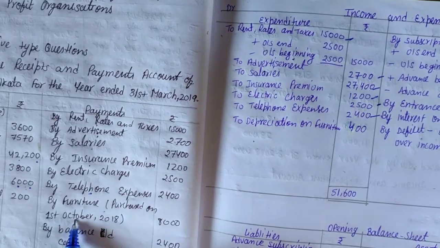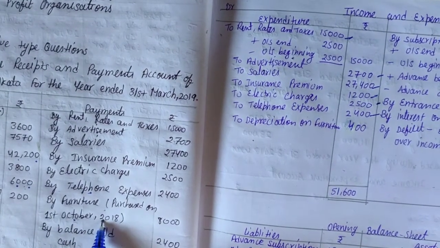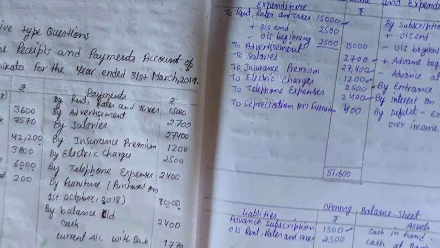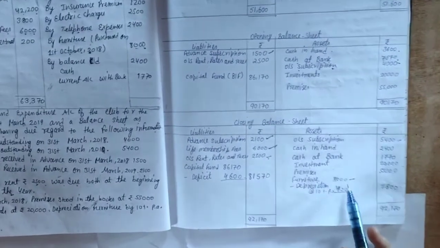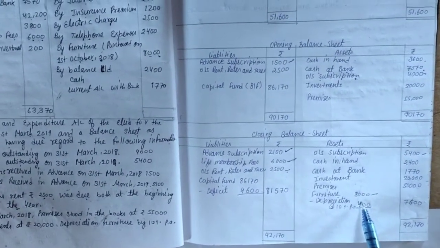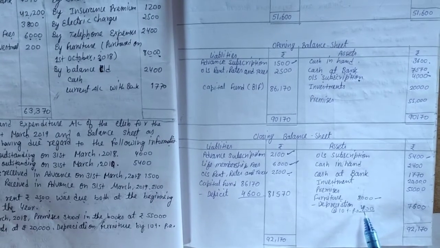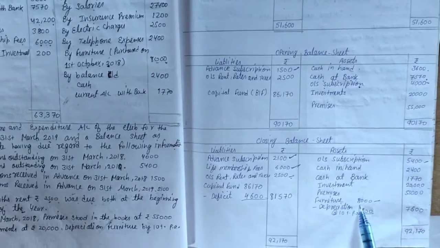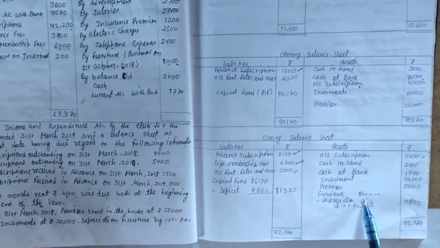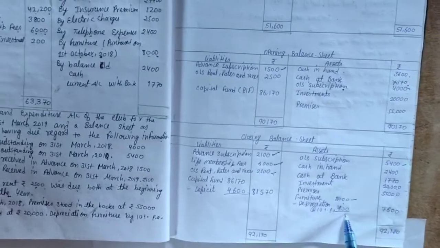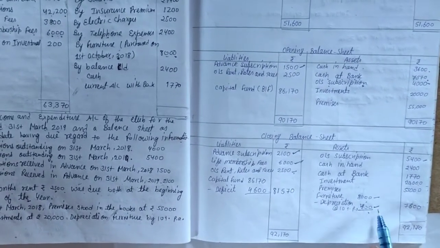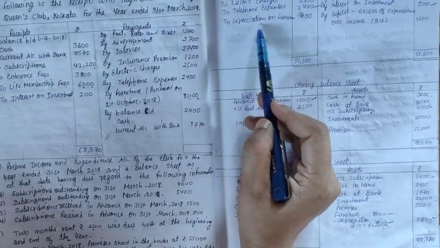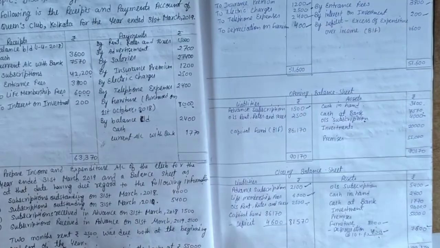Furniture that was purchased on 1st October comes on the closing balance sheet at rupees 8,000. So here it is furniture of rupees 8,000 and depreciation is also given on that amount at 10%. From October to 31st March, it means 6 months. So overall 10% depreciation of 8,000 is 800, and 6 months depreciation is 400. So we deduct 400 from furniture and we get 7,600. Here also to depreciation on furniture, that is 400.